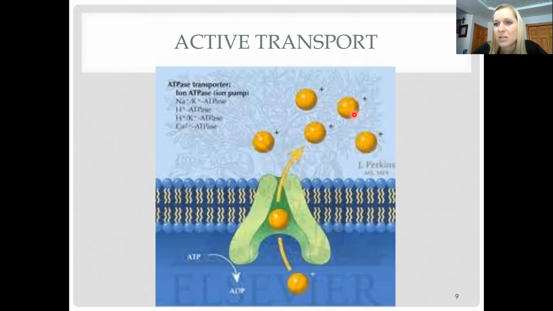Okay, so with active transport, I need to go against the concentration gradient. I'm going to move from a low concentration to an area of high concentration. This is good when we think about absorption of molecules, because I want to move all the molecules that I have from inside the digestive tract into the bloodstream. Okay, this is one of the reasons why we're very effective at absorbing and utilizing carbohydrates, because many of them